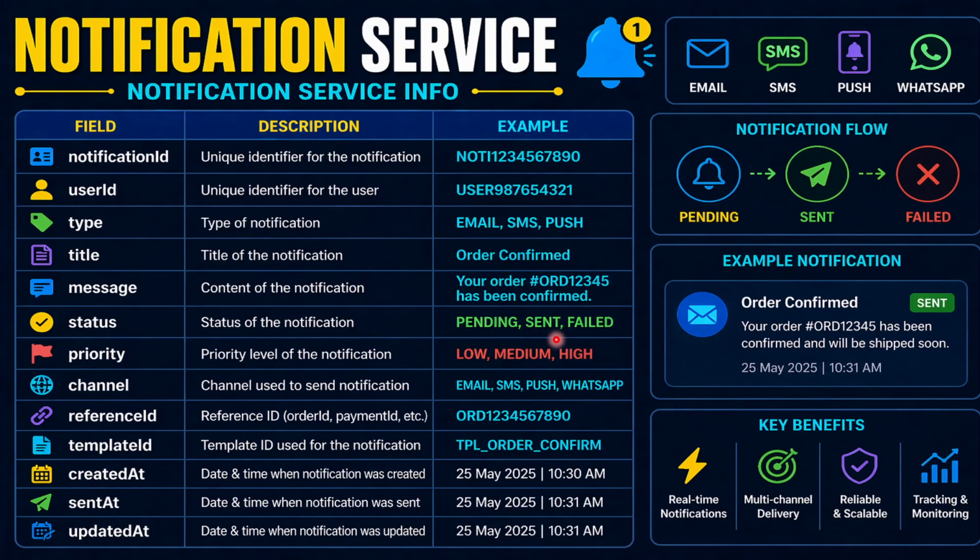is pending, sent, or failed. Priority for the order: low, medium, high. Channels: email, SMS, push, WhatsApp. Reference ID, template ID for the notification, created date, sent date, updated date. The channels: email, SMS, push, WhatsApp. Notification flow: